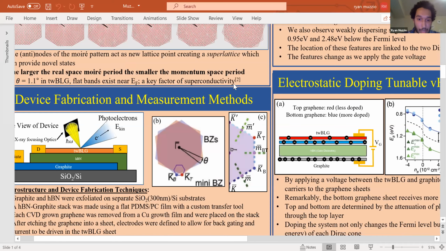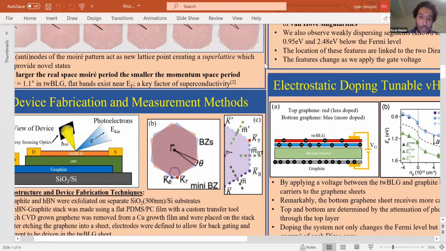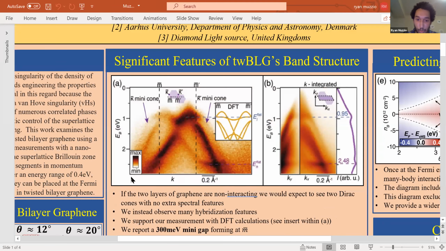After that, we capture them, and knowing their angle of ejection and their energy, we're able to calculate what state they lived in the solid initially. And so what you're seeing here is the truly momentum resolved view of the band structure. Here's your momentum axis and here is your energy axis. Just like if you know about DFT and you calculate this, which you can see here, we directly measure it here. And from that direct measurement, we're able to find where these flat bands exist, as well as other key features of the band structure.